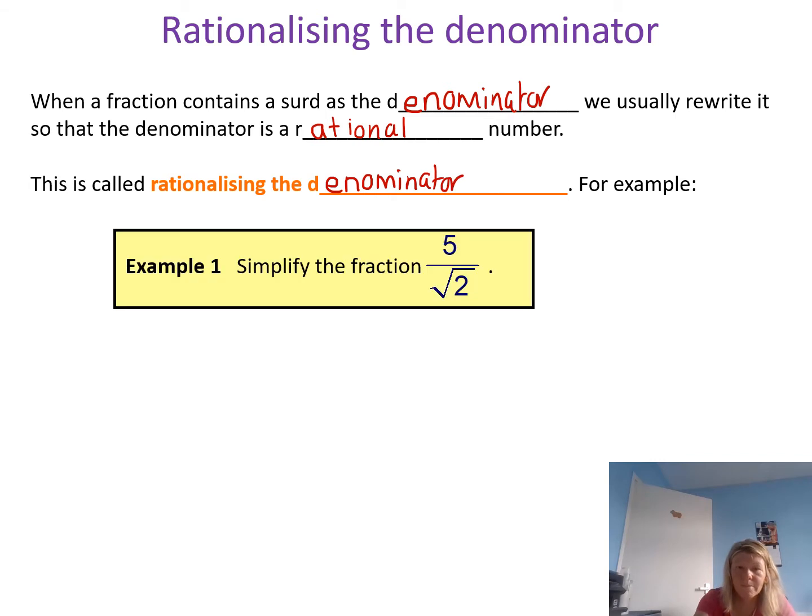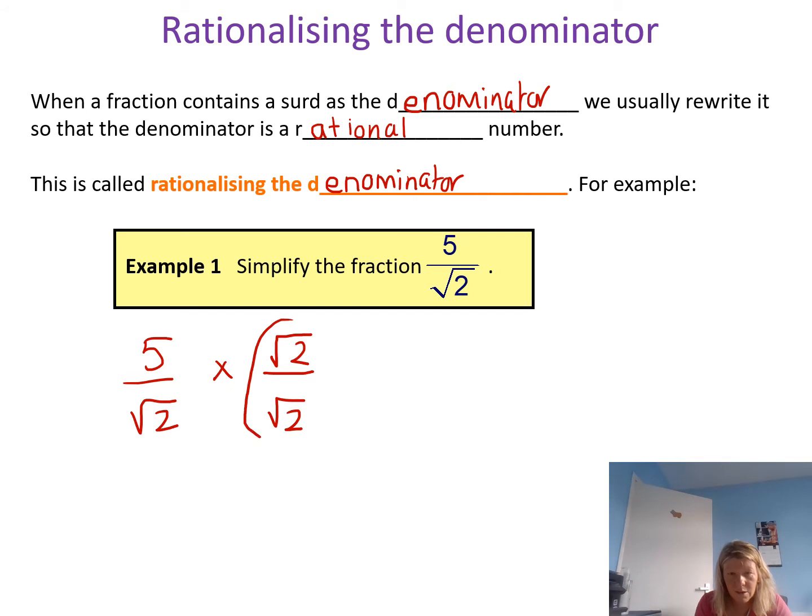For example, here we've got one. So we need to rationalise the denominator, get rid of the square root off the bottom. To do this, to get rid of root 2 we times it by root 2. But to keep it the same fraction, you can't just times by root 2 on the bottom. You need to also times by root 2 on the top, because what you're in fact timesing by here,